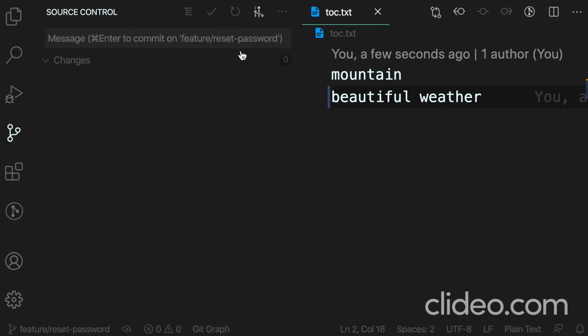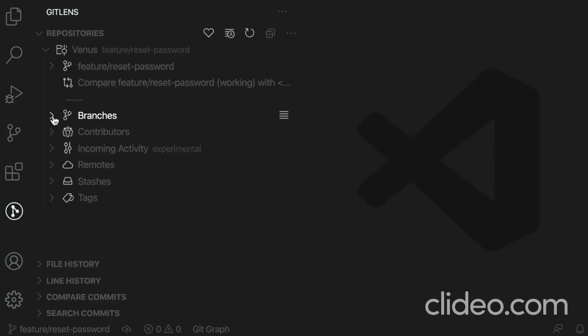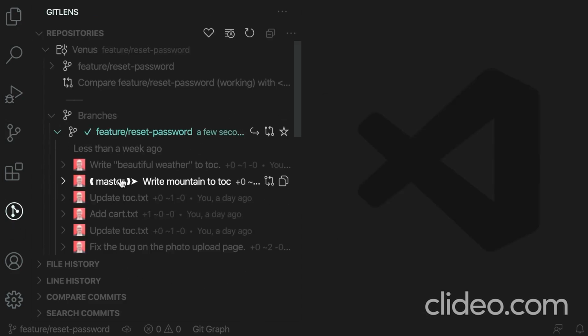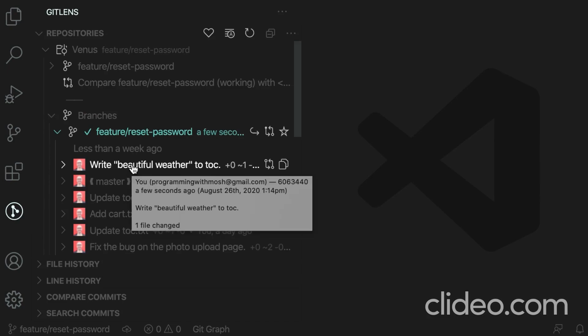Now we make a commit. Good. So let's go to GitLens. Here in our branches, we can see this new commit over here. Now, after a while, as we make new commits, we want to compare this branch with master to see how